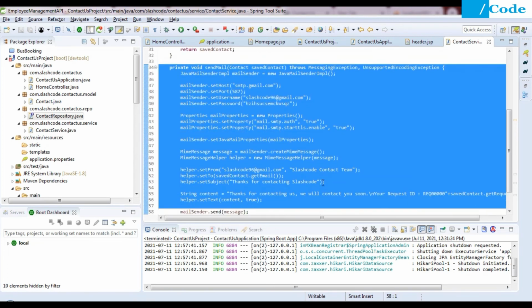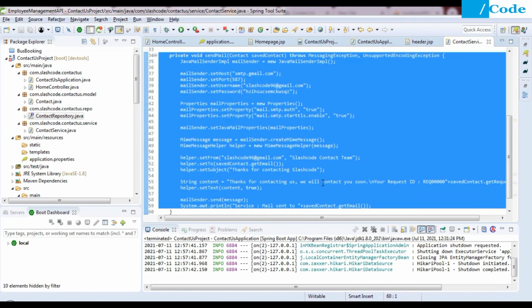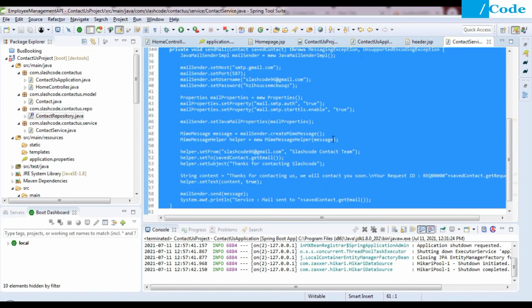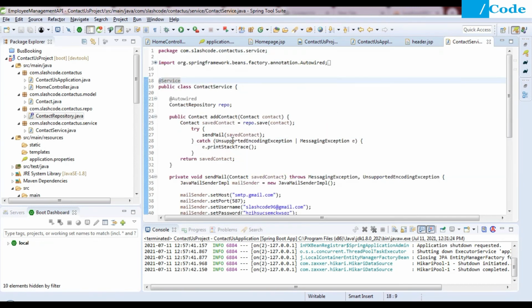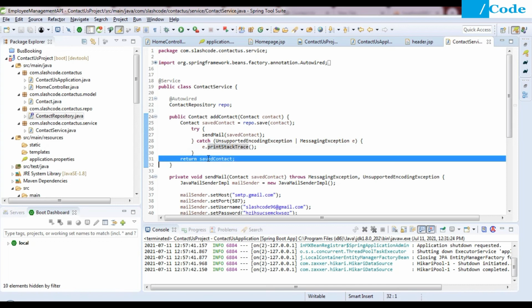We have created the sender implementation object and properties, then we have created the mail sender, and we have created the MimeMessage. In case of any exception, we are just throwing or printing the exception, and after that we are returning the saved contact.